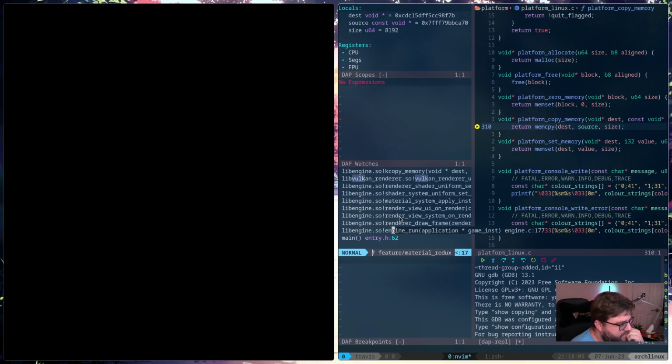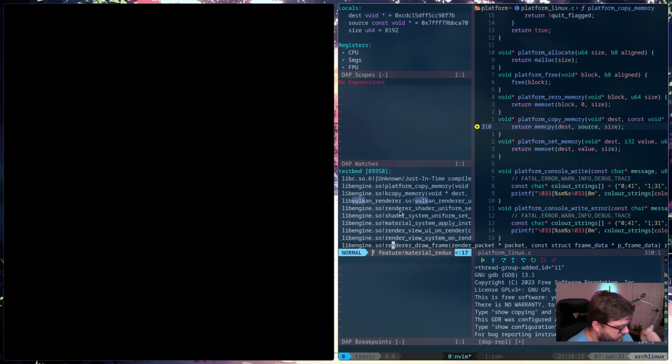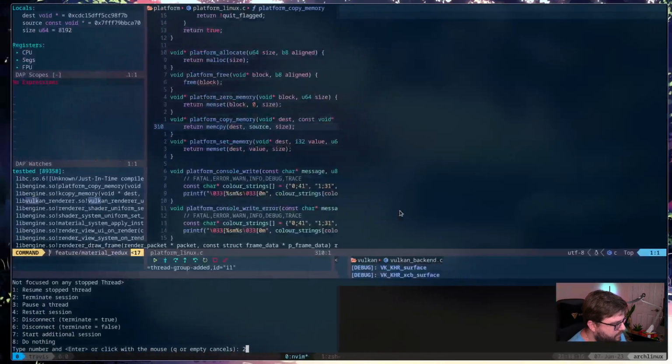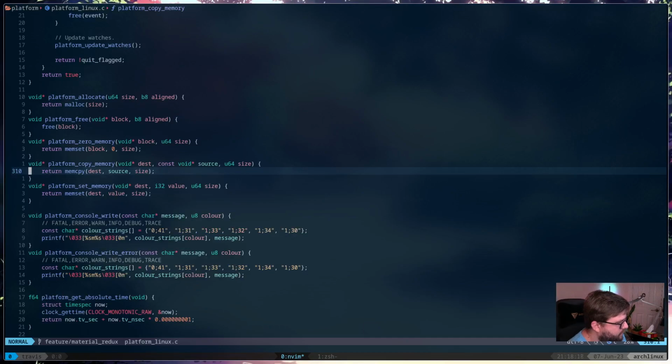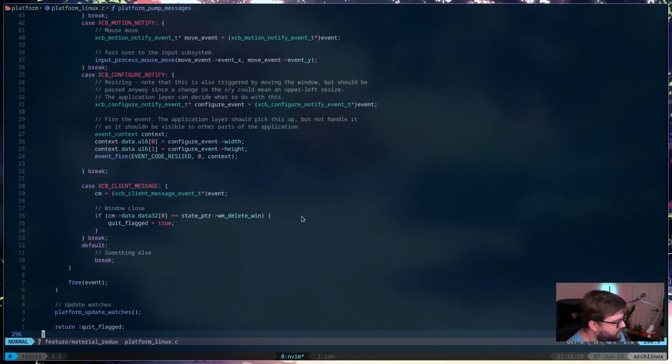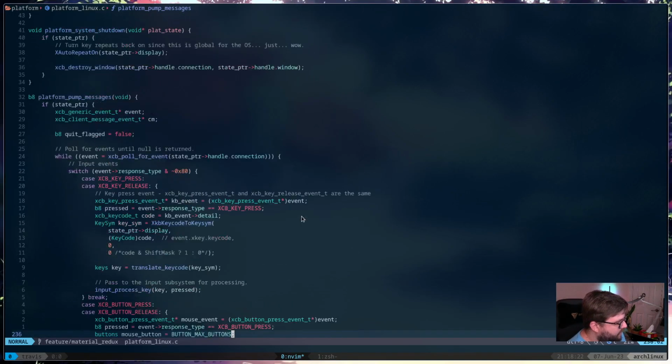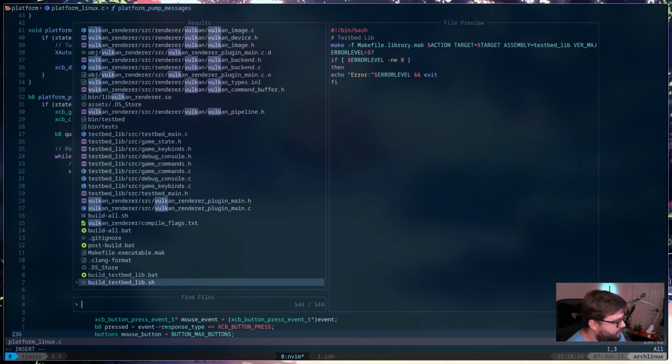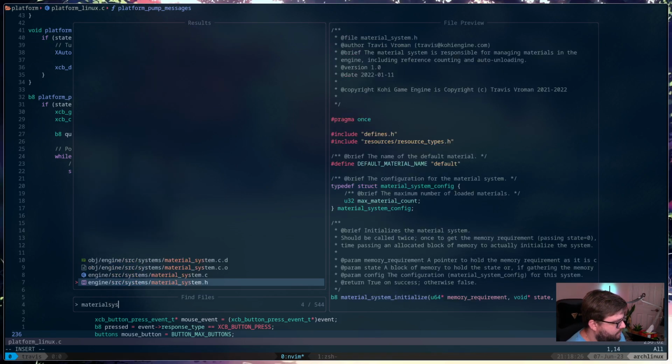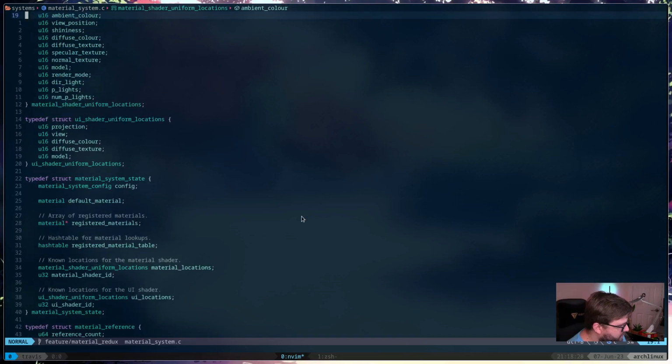It's interesting that we even got to this point, actually. So I guess what we should probably do is have a look at the material system.